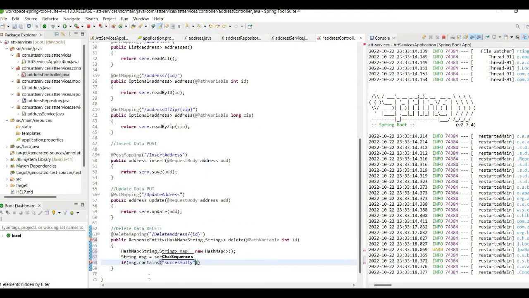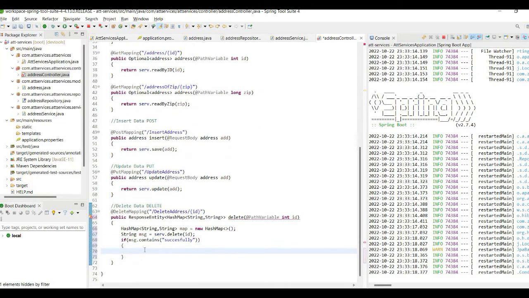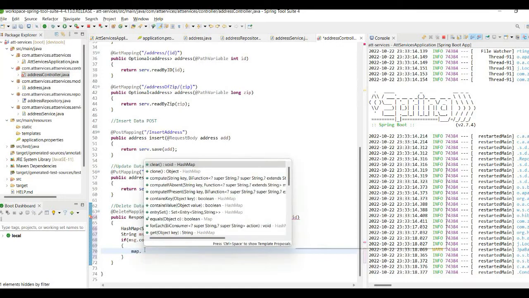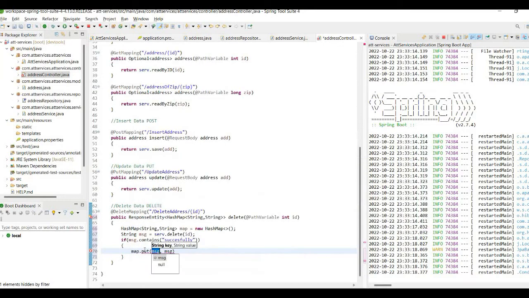You can give anything, I'm just taking one of these things. If this, then here map dot put message. Here let's say this is a key and this is the value. Clear? So now else